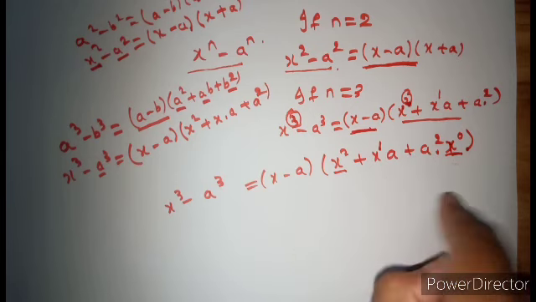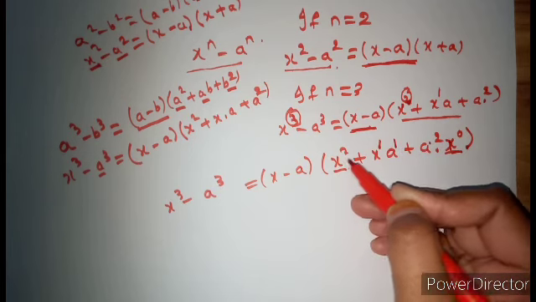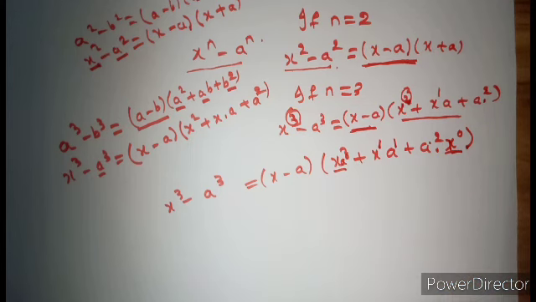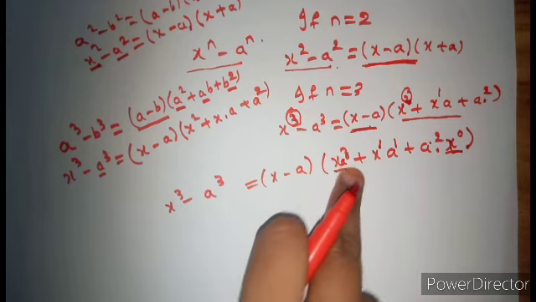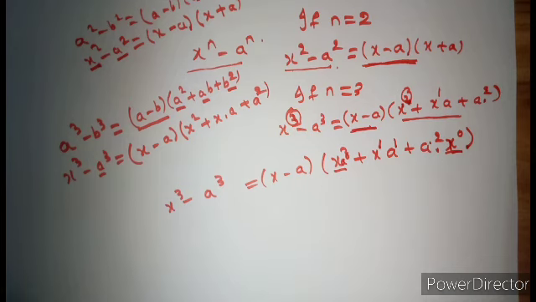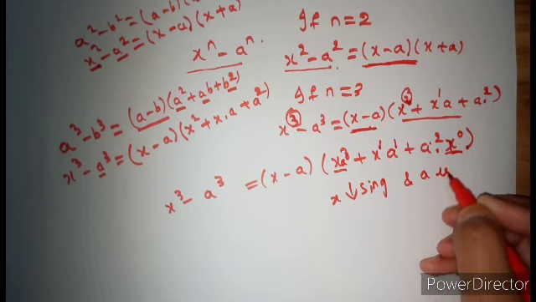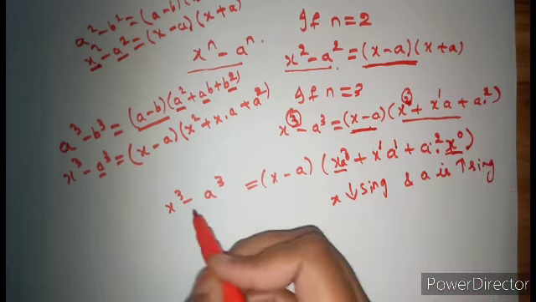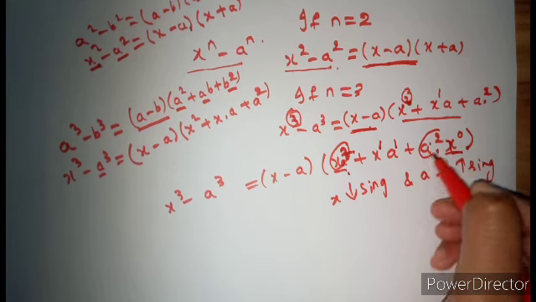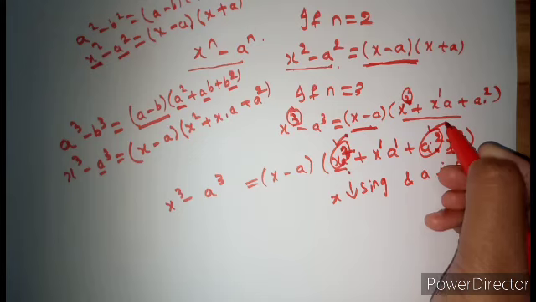Likewise observe a. First we have a power 1, a power 2. Here x square into 1, that means x square is x square into 1, right? So this 1 can be written as a power 0. Anything to the power 0 is 1, right? So I have written a power 0. See, now observe a power 0, a power 1, a power 2. A is increasing. See, x is decreasing and a is increasing, right? Now observe. Here we have x square and we have a square. So what power we have in x, the same power we have in a, okay?